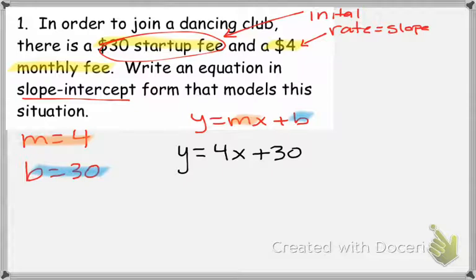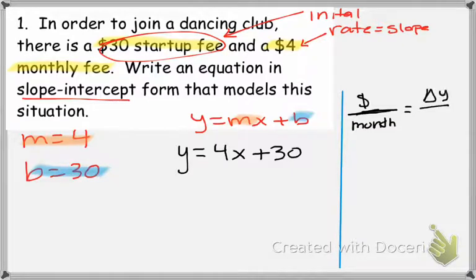Before I circle my answer, I want to do the rate that we did in the last lesson. So I know that it's money per month, right? They charge the money per month. And our slope, we know, is the change in y over our change in x. So that means that y is going to be the cost, or the money, and x is going to be each month. So here in our equation, we can read it as this y is going to be the cost,